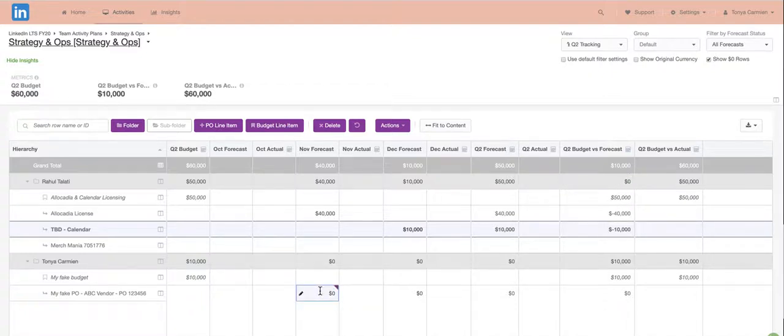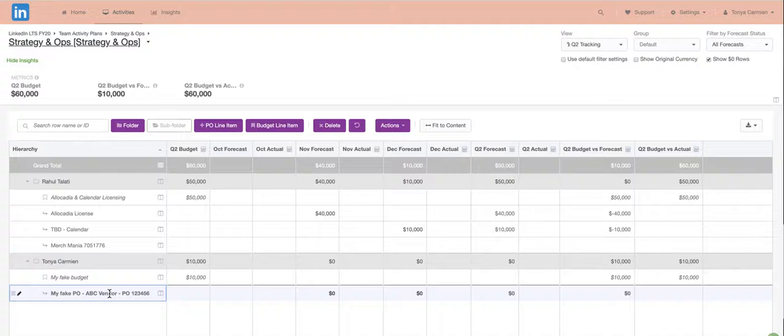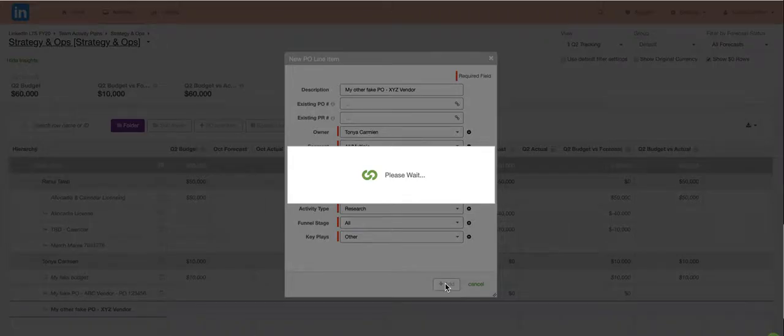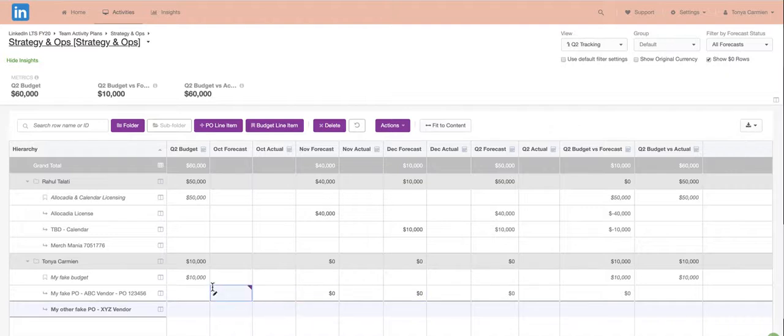So my next line item down here is Tanya's fake budget. So I already created a PO, and this PO is for 5,000. I need to go ahead and create another PO line item for a PO that I'm not quite ready to open yet. I'm still working on my SOW. And this is for the XYZ vendor. So for now, I'm just going to add this line item here, and I'm going to now go ahead and